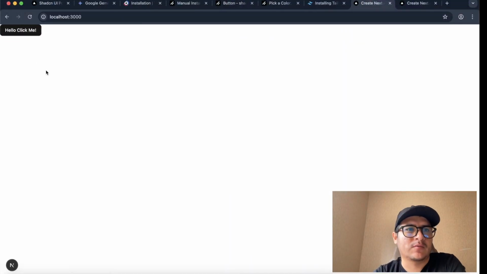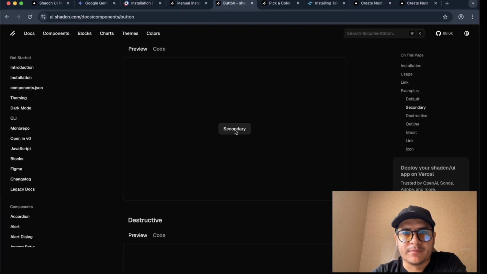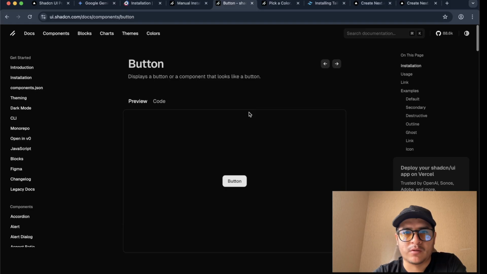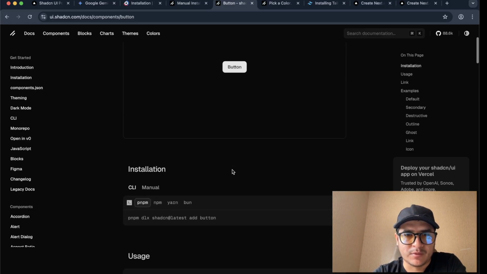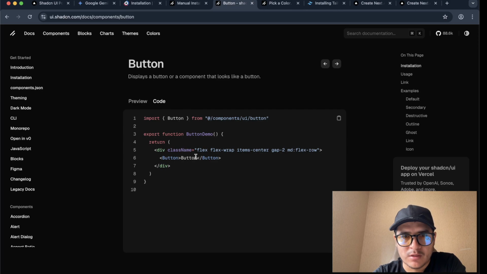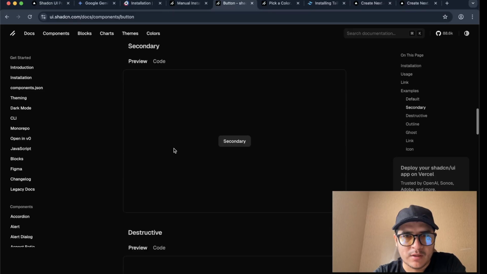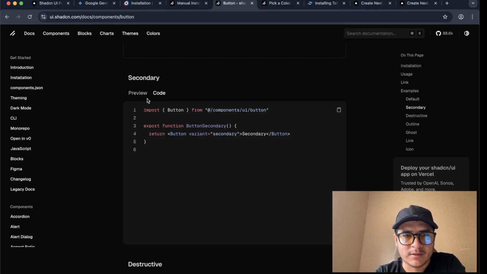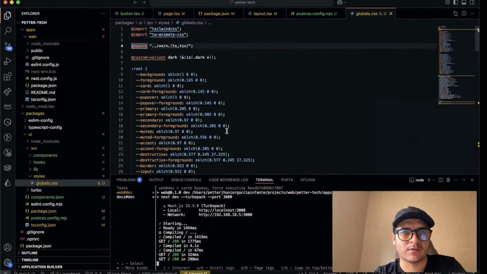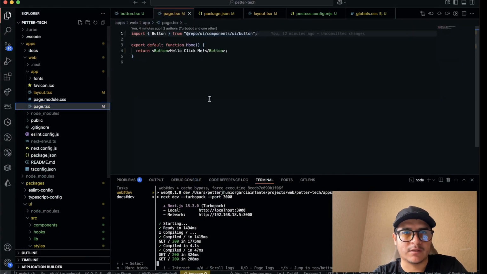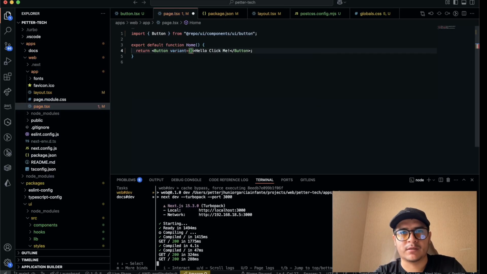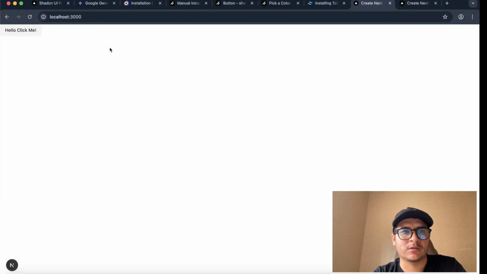This is the style that we are looking for. This is for the primary buttons. Here we have this, if we are using the same theme that Shadcn has. This, for example, is a secondary button. Let's see the code. It's a button only. But why is this the secondary button? Variant secondary. Let's test the secondary button. Okay guys, let's set a variant. This is the secondary button, and we are going to see it changed its style. Yeah,